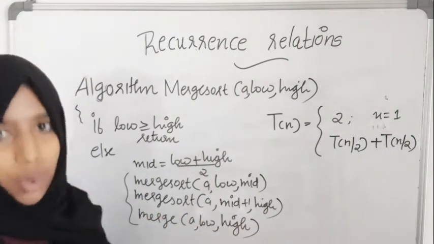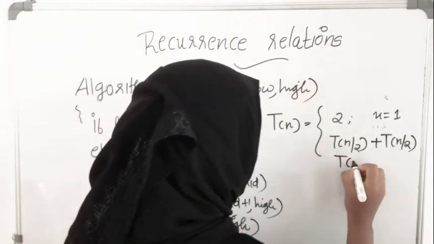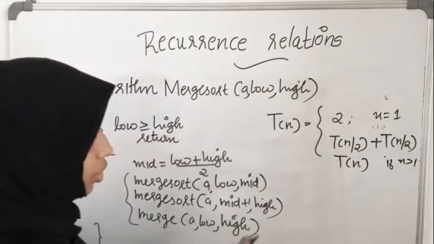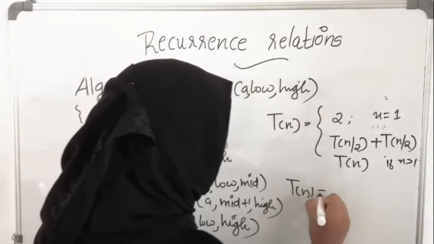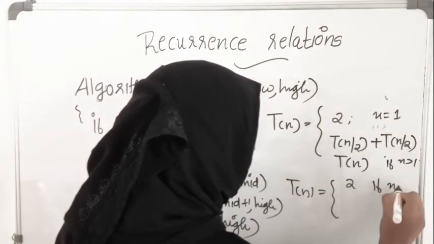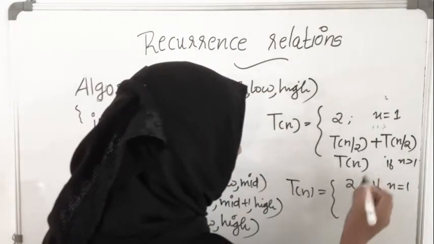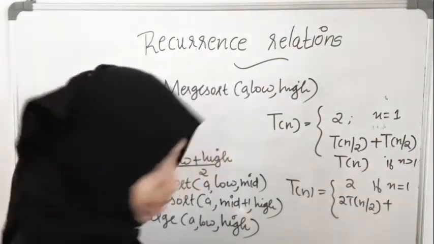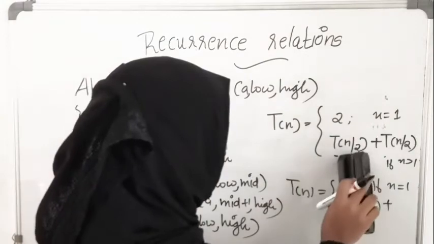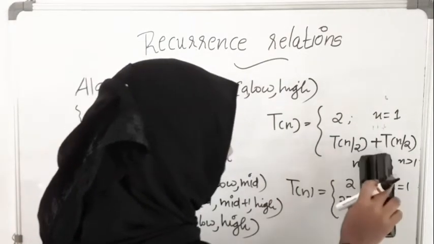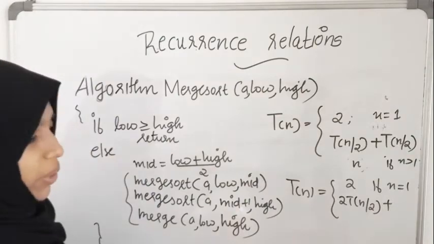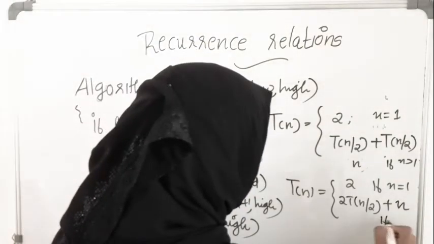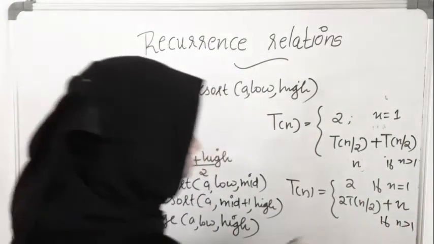Now you are merging the whole array. So the time required will be n. Okay. If n greater than 1. So if I am rearranging this, you can write it as T of n is equal to 2 if n is equal to 1. You can even avoid that. Then otherwise it is 2T of n by 2 plus, see, it is not T of n, simply n units of time, because for merging, this is not a recursive algorithm. Merging part is not recursive. You simply have to merge the array elements. So it is not T of n, it is simply n. Okay, when n greater than 1. So this is the recurrence relation for merge sort.